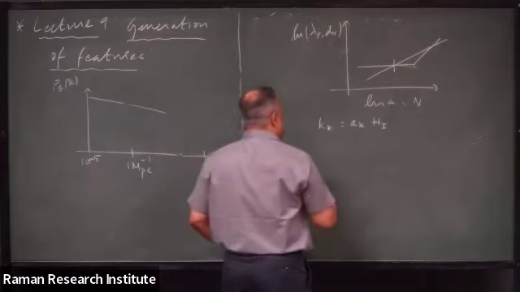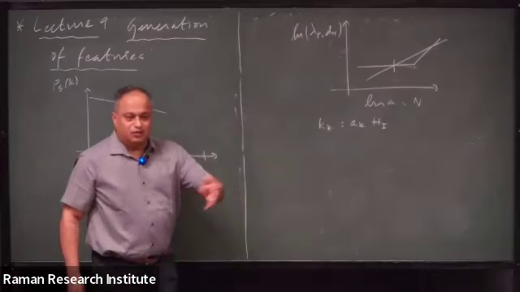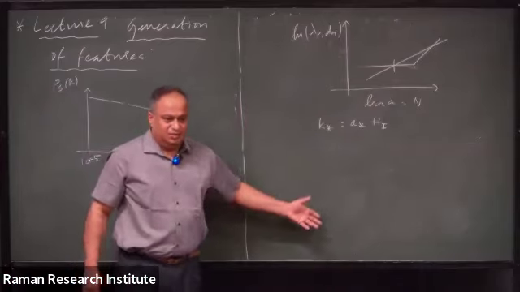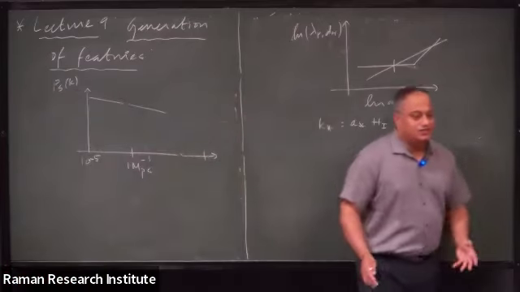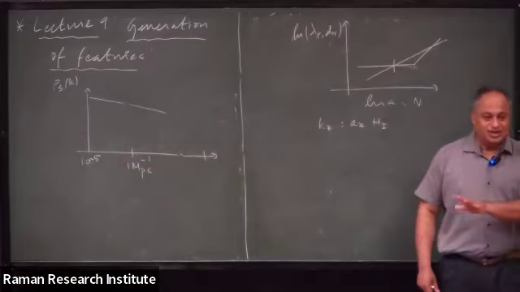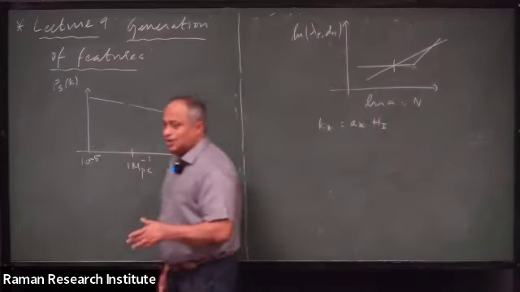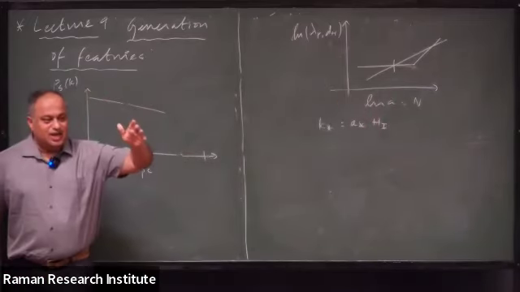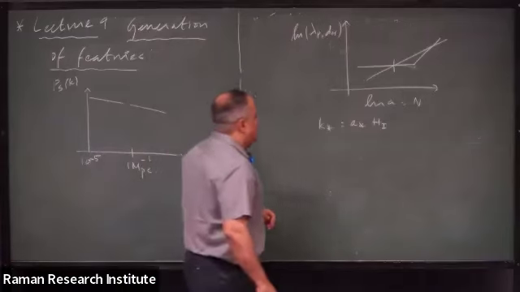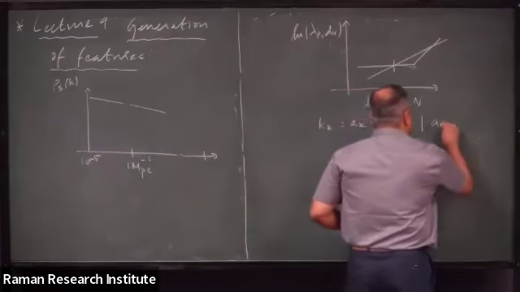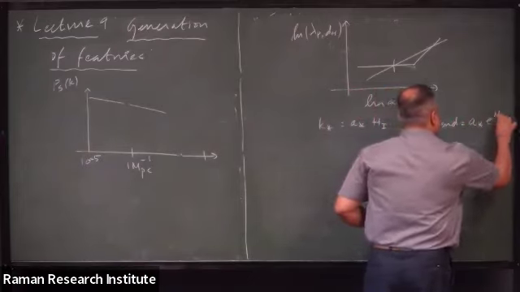So now, what do we have? k star leaves the Hubble radius 50 e-folds before the end of inflation. We were just discussing that. Now, what are the uncertainties? Why we are changing 50 and 60 will become clear once I discuss reheating. At least it will become partly clear. This is because we don't know at what scale inflation took place, what happened post-inflation, etc. Now, what do we have? a_end is equal to a_star e to the power N_star,